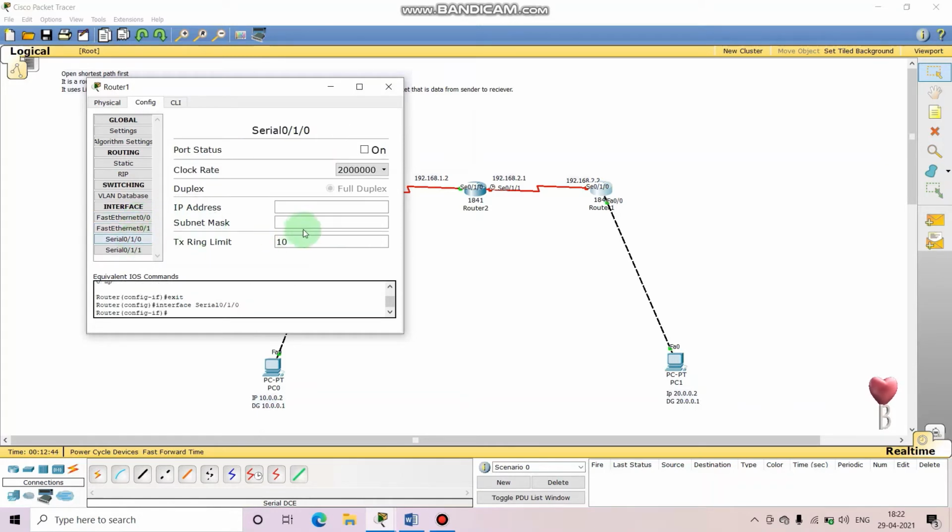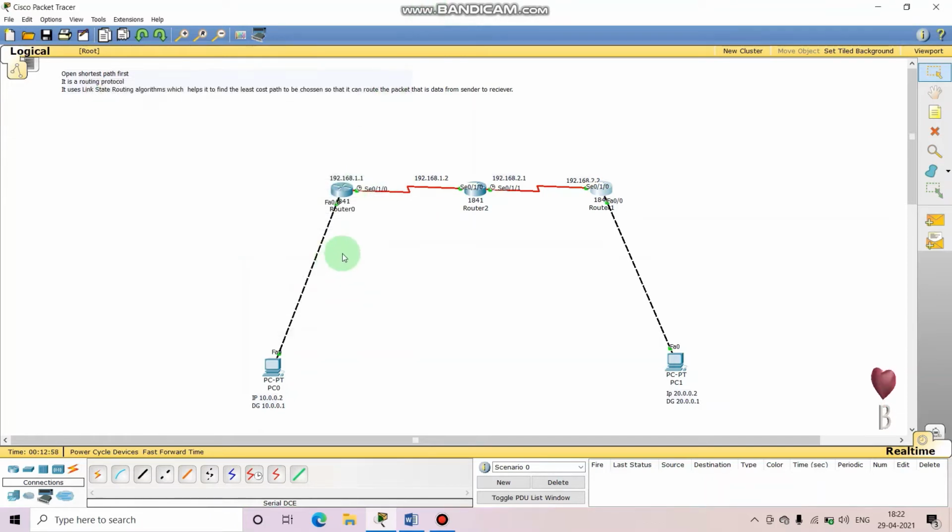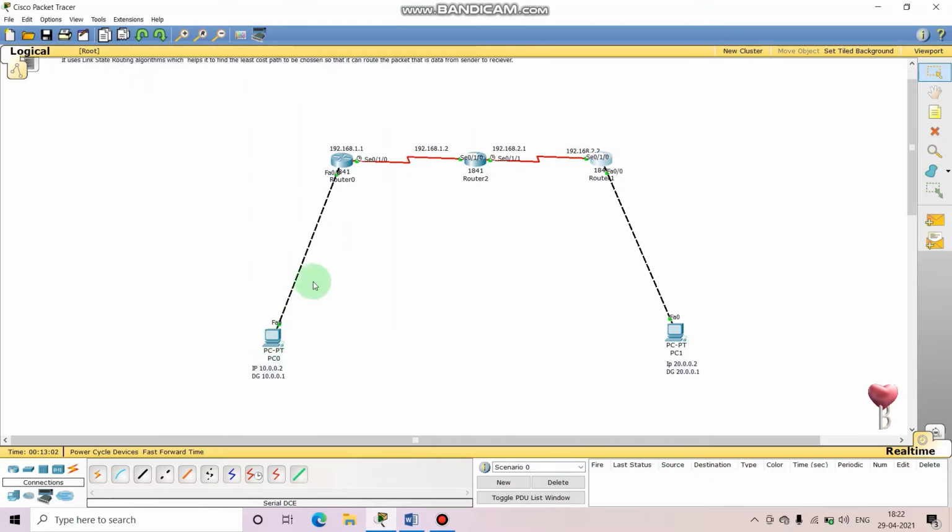Then the serial port, 192.168.2.2. See this side address, and on the port. Okay, the subnet mask comes automatically. Yeah, so according to these green dots, the IP configuration is well.